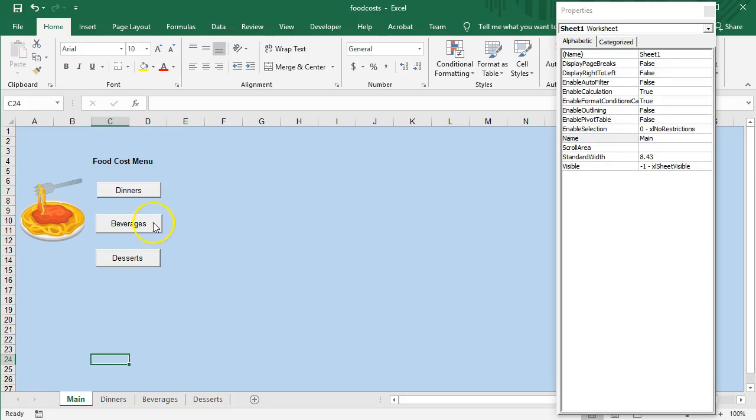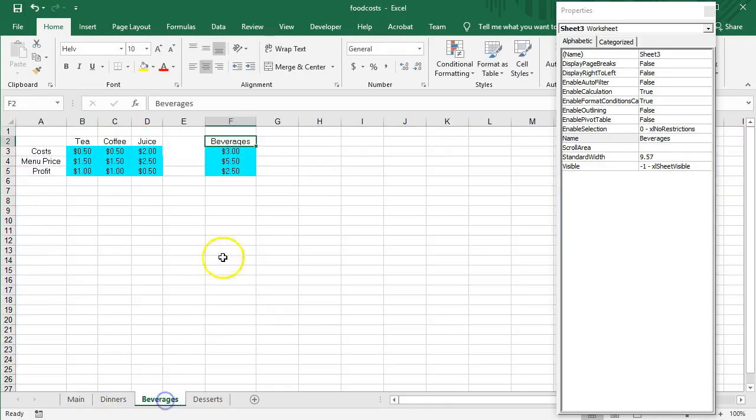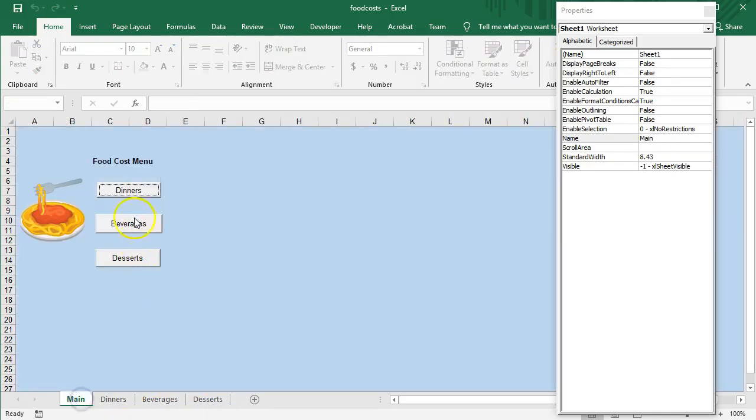Now I haven't actually put in the code for these ones, but at least it gives you the idea. These ones would be exactly the same. Okay, you'd go to the beverages one, put a little arrow there to return, same with desserts. Main menu, these would be activated the same way, except obviously you'd go to the different worksheets, and there you